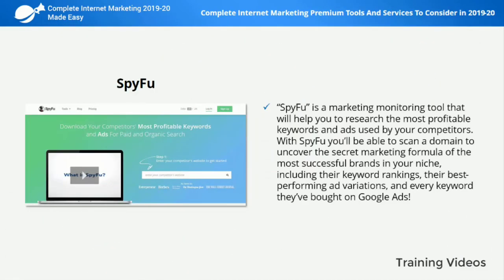SpyFu. SpyFu is a marketing monitoring tool that will help you to research the most profitable keywords and ads used by your competitors. With SpyFu, you'll be able to scan a domain to uncover the secret marketing formula of the most successful brands in your niche, including their keyword rankings, their best performing ad variations, and every keyword they've bought